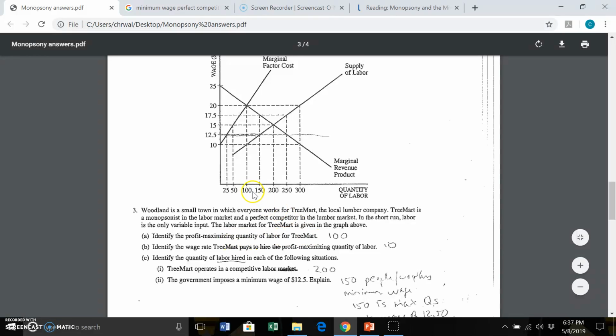I know that I'm going to be looking at where MRC, or marginal factor cost, is equal to marginal revenue product. That's the quantity of workers that should be hired, 100 workers. What will be the wage rate? Rather than saying $20, this is a firm that has the luxury